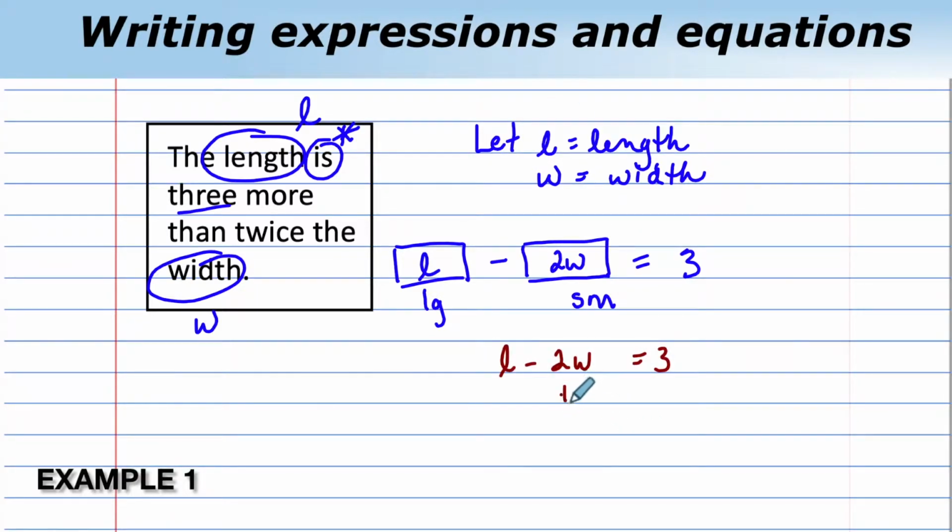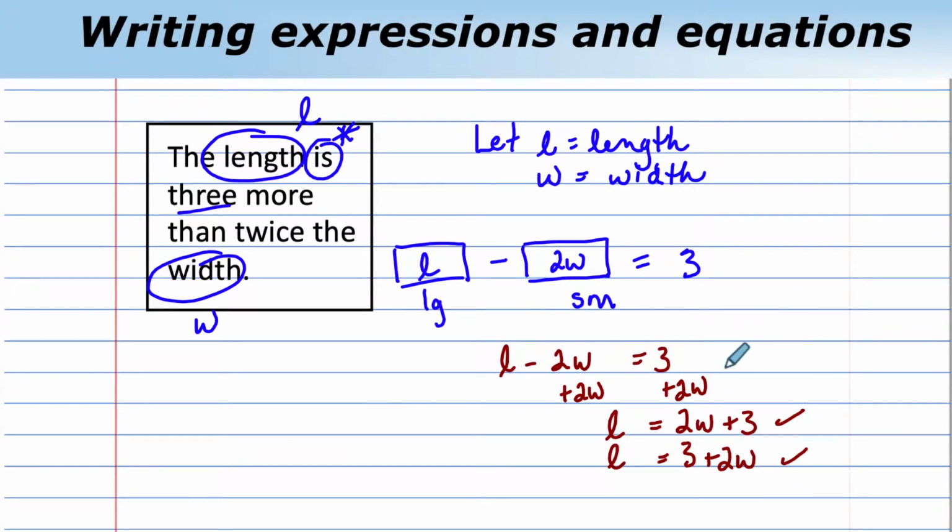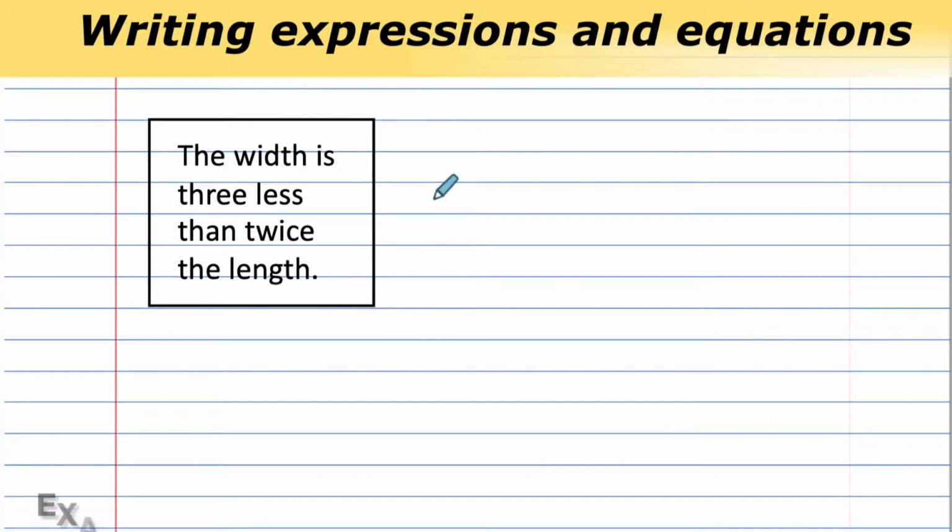But we also can write it in a different way. We can add 2w to each side and get L equals 2w plus 3, or L equals 3 plus 2w. Either of these equations is correct. Let's move on. Here we have width, length,